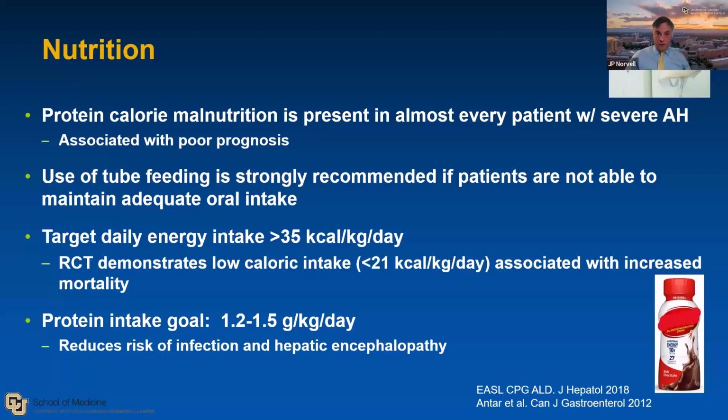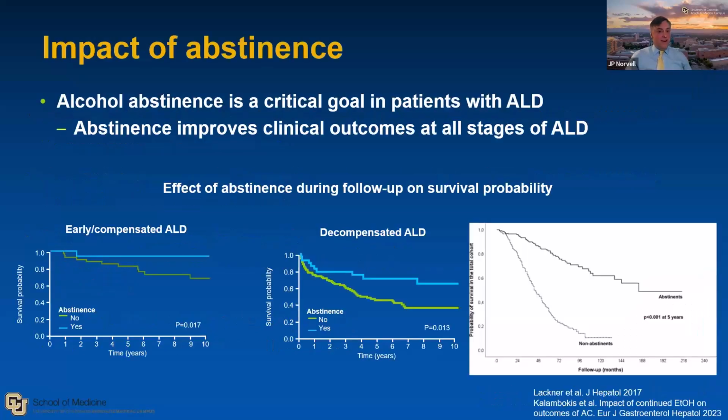and also really emphasizing the importance of high protein intake as well, with a goal of 1.2 to 1.5 grams per kilogram per day for these patients. And that has been shown to actually reduce the risk of infection and encephalopathy. But nothing will ever compare to the importance of abstinence, which of course is challenging in this group of patients,